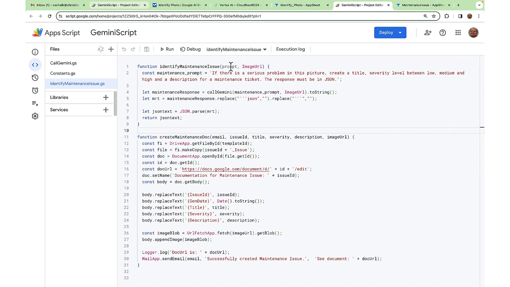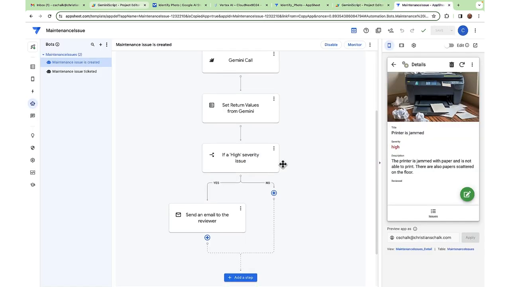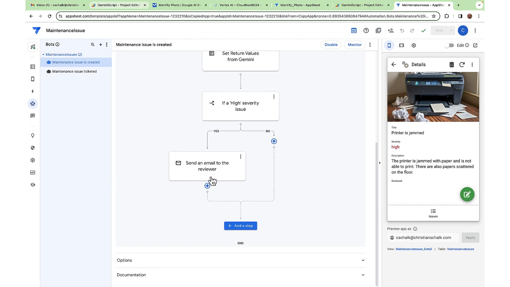Identify maintenance issue, where the prompt image URL, and I have that same prompt that we had seen in AI Studio, and then I just take back the JSON response and parse it, and then I send it back to AppSheet. So pretty straightforward stuff. Now, if you recall, also in the app, I would send an email to the reviewer if the issue is